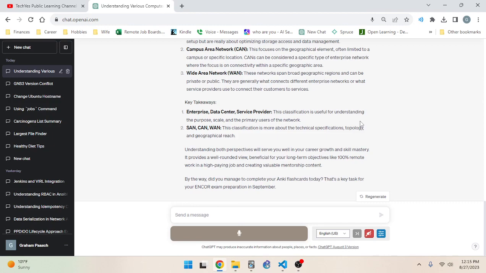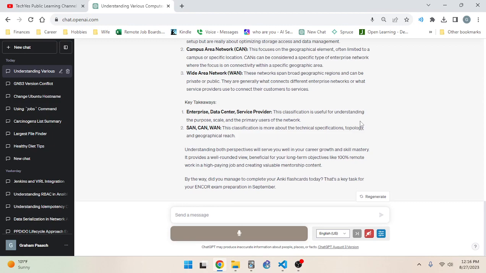But SAN, CAN, and WAN would not be Cisco certification tracks like enterprise, data center, and service provider would be. Hypothetically, you would see those terms SAN, WAN, and CAN in exam questions in any one of those tracks. That classification is more about technical specification, topology, and geographical reach.